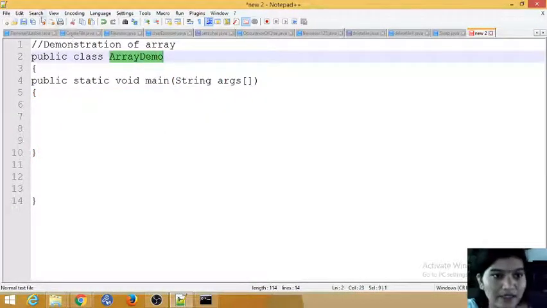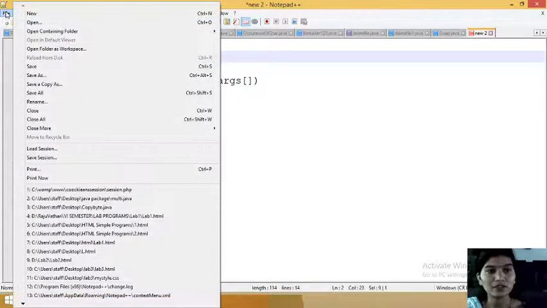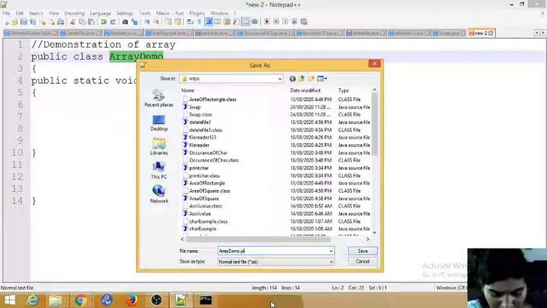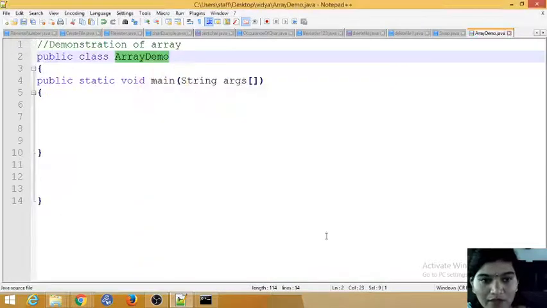This class will stay with the class name ArrayDemo. I am saving the file with the class name because it contains the main method. So File, Save. I am just giving the class name and .java, and saving in a folder.